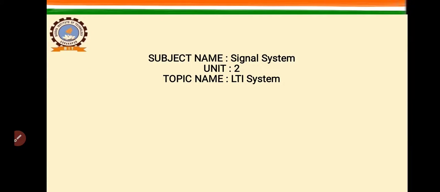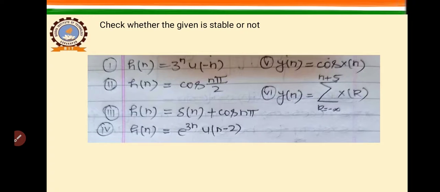In this lecture, we will start the second unit of the syllabus, which starts with the introduction of LTI system. But before this, there are some examples regarding how to test the stability and instability of a system. So there are a few examples we will go through. After that, maybe in the next lecture we will discuss LTI system. The examples are